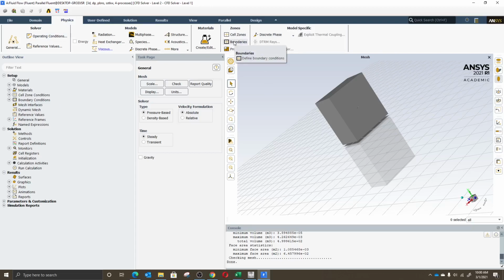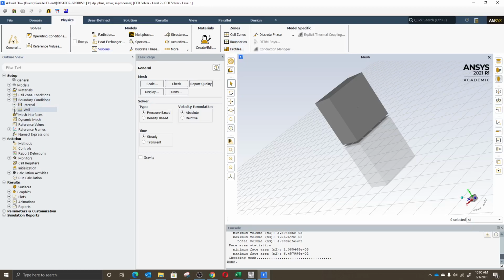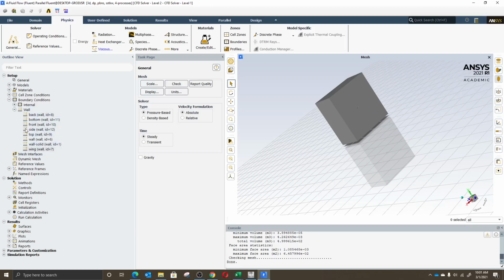We want to define the boundary conditions. Usually what Fluent does is that it defines the boundary condition, all of these, as walls. See, all of these are defined as walls, which is not the case, right? We only have two walls. One is the wing wall,